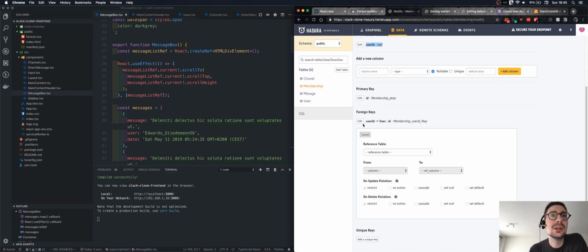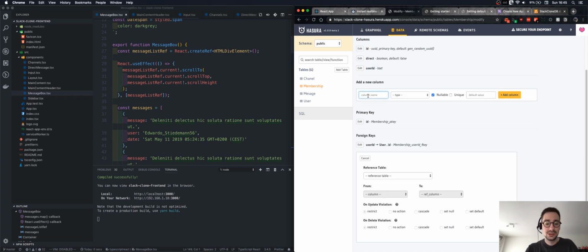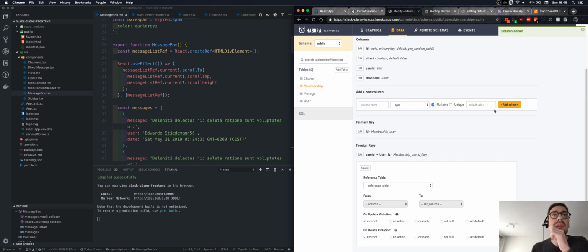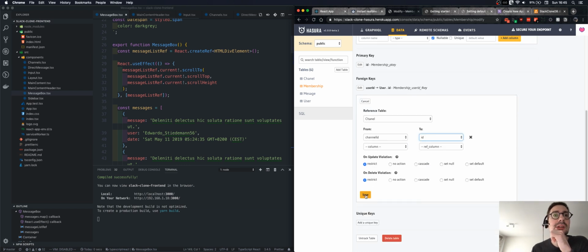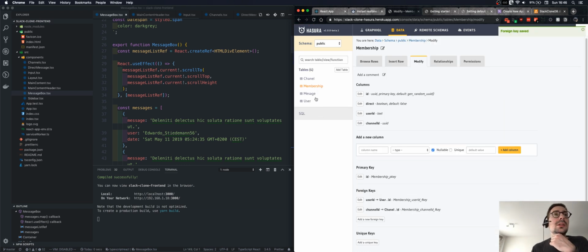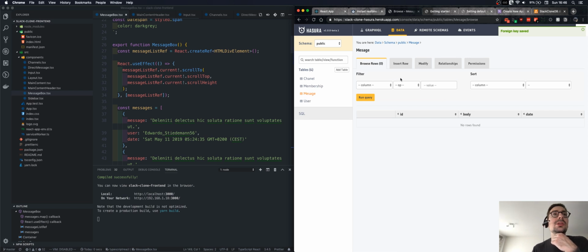Oh, I need to add another column, so it's channel ID, which is of type UUID, shouldn't be nullable. Okay, and we say from channel to channel ID, the ID, save, and then we have in the message